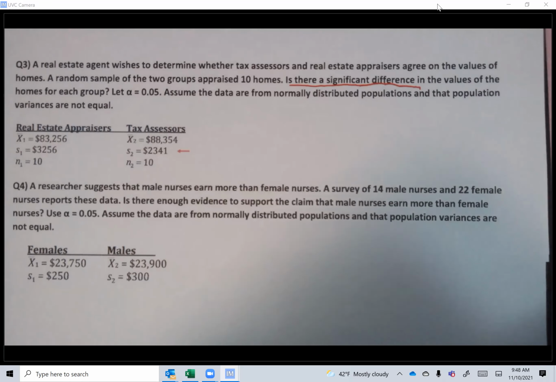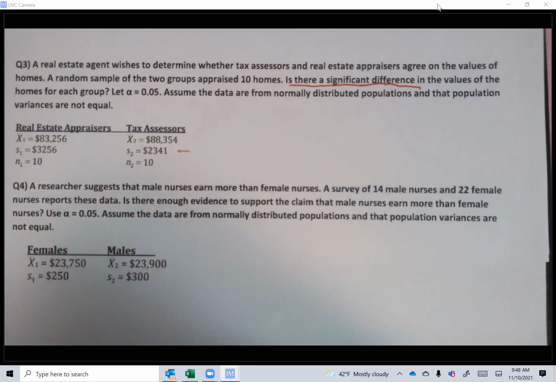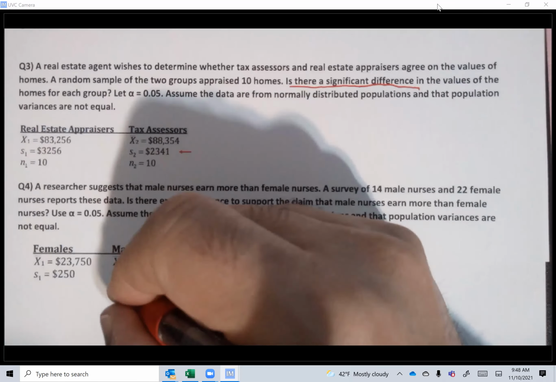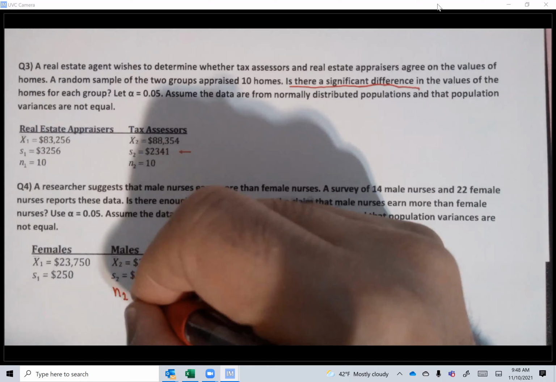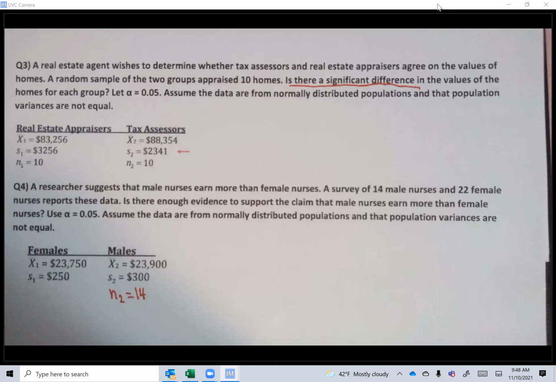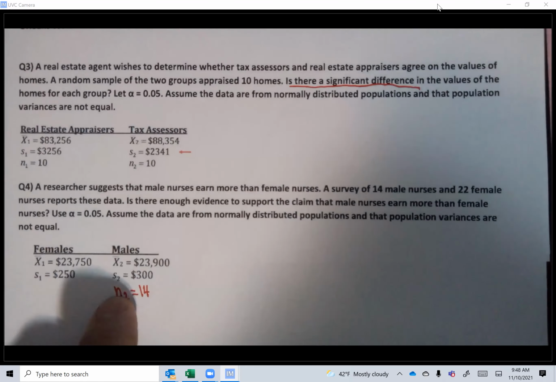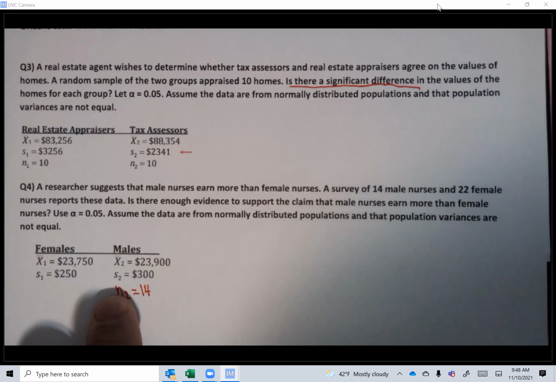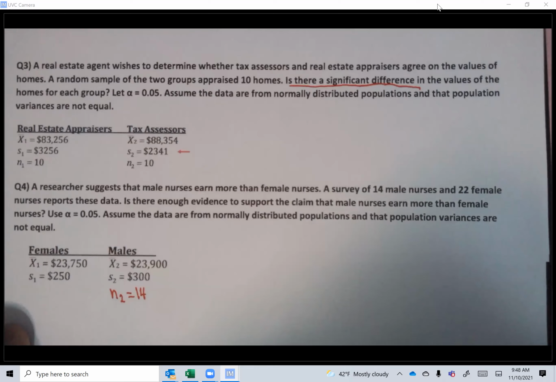A survey of 14 male nurses, so N2 is 14. Now you ask me, why did I put N2 here? Because he called males, make him number 2. So I have to comply. And 22 female nurses